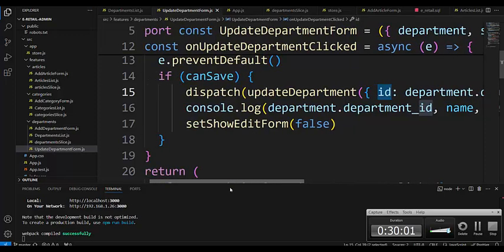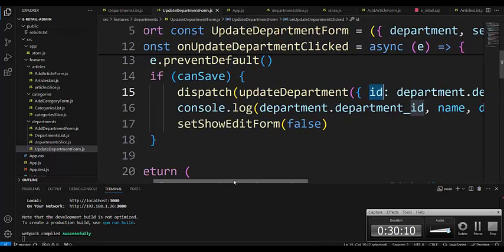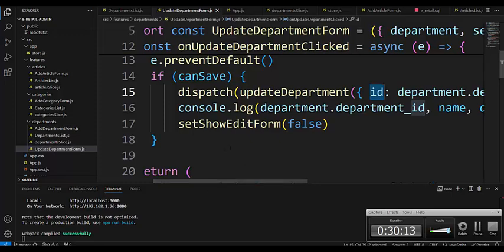And if all is okay here, if all is okay, we have a next statement, set show edit form false. It means the update form will be hidden after that. It will be hidden because this logic would be false. Set show edit form false, and it means that